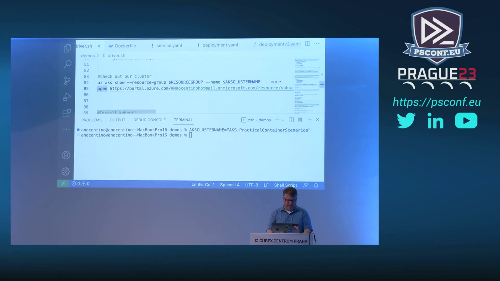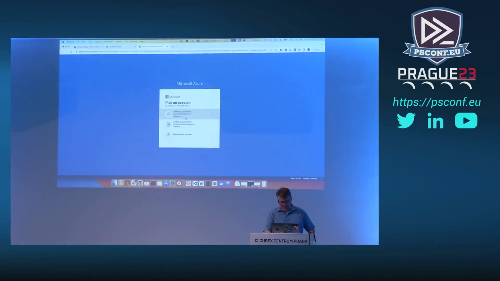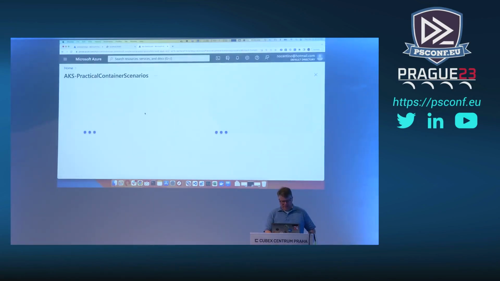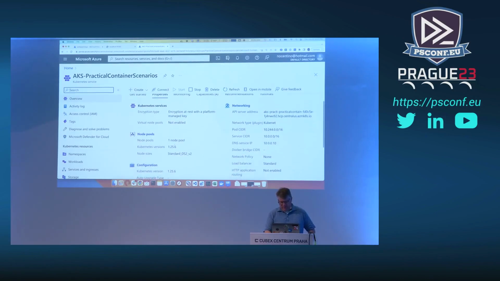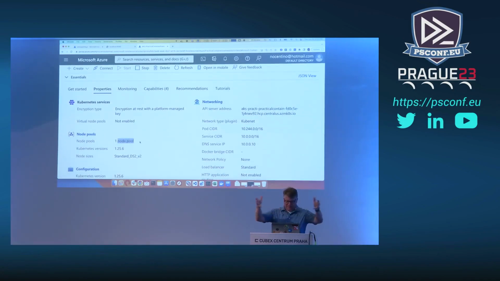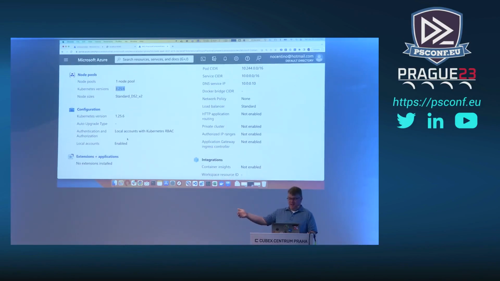We can go ahead and see that we do have our cluster available to us in the Azure portal. So one of the things that we can do from here is we can see it's actually a VM, standard DS2 v2. We can see that there's this concept of a node pool, which is a collection of nodes, the version of Kubernetes that we're working with. But you also have the ability to add additional nodes here, or add bigger nodes at this point in time,